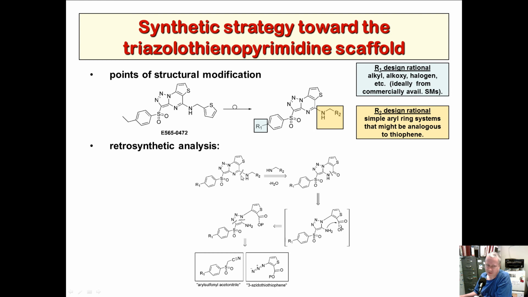This is the retrosynthetic analysis, which is the synthesis going backwards. We look at the molecule we're trying to make, and then we envision disconnecting things and going backwards to the ultimate precursor starting materials. For example, this amidine linkage we can make late in the synthesis from the lactam, which is this system. So we're able to take an amine and attach it with a coupling agent. I think we used PyBOP, which is usually a peptide coupling agent,